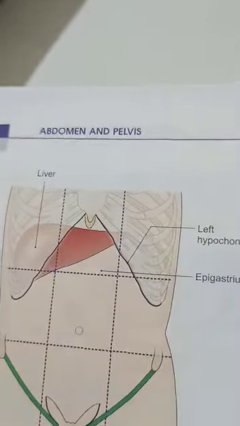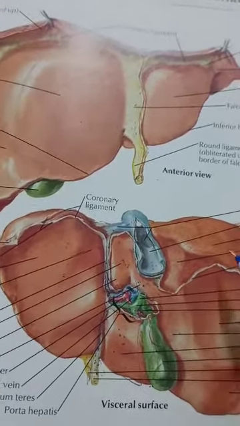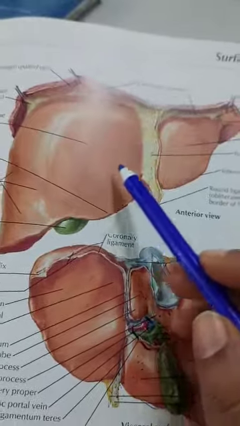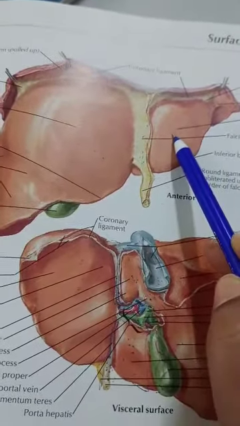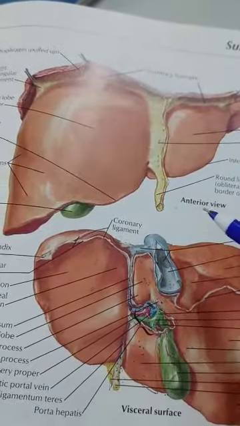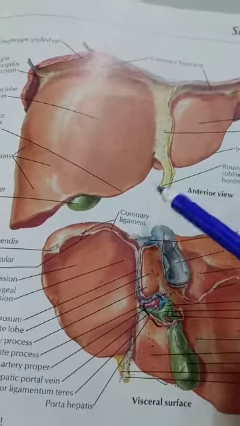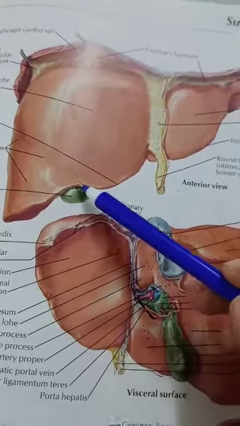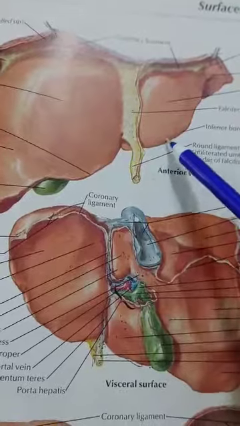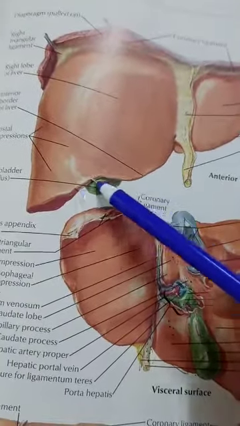On either side it is covered with the ribs and rib cartilages. Regarding the external features of the liver, it has mainly two lobes, a right lobe and a left lobe, and it has five surfaces and only one border. It has one prominent border, the inferior border. Only one border is there for the liver.